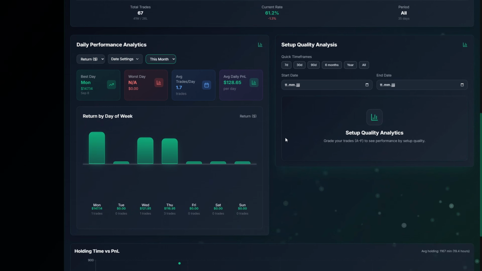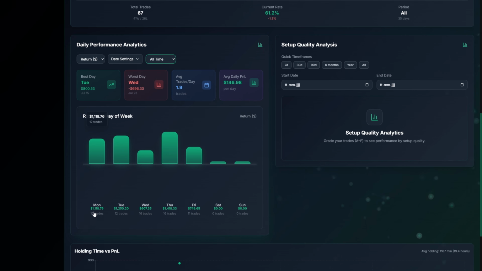Now, this is one of my favorite features in TradeLens. It is giving you what is the best day performing out of the week. Let me quickly press on all time so we see the entire history. I have made about 1,100 on the Monday. Tuesday was also great, even better than the Monday. But as you can see, on Wednesday I made less, and on Friday I also made less compared to Thursday,